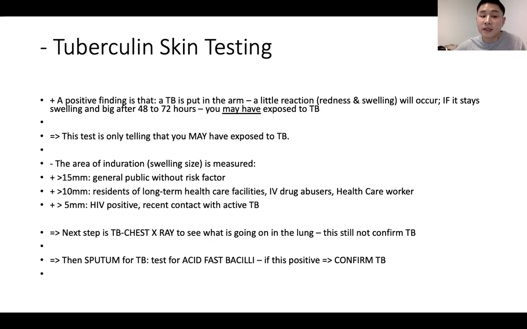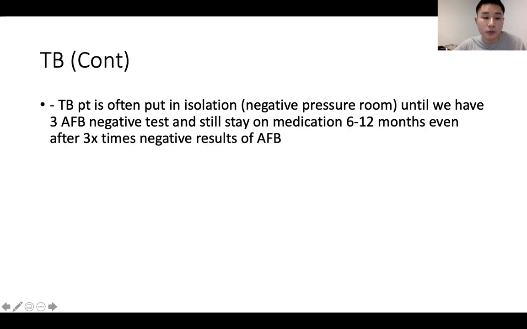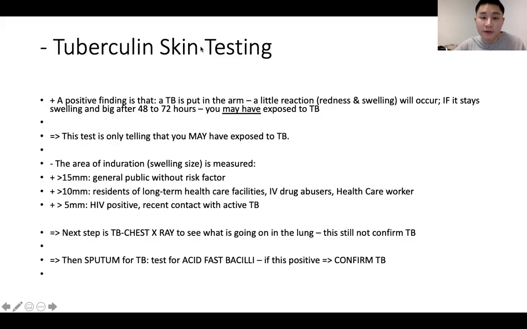If it's more than 15 millimeters for the general public without risk factors, it means that they may have been exposed to TB. So if the swelling is bigger than 15 millimeters, that is for the general public, the ones who don't have any risk factors. Next, we have more than 10 millimeters. More than 10 millimeters is for residents of long-term healthcare facilities,